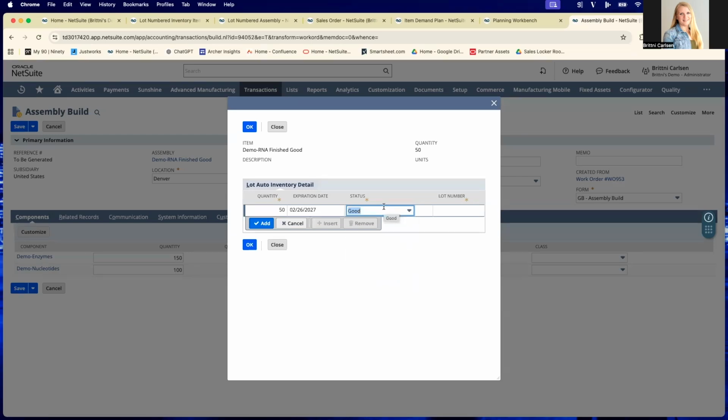So again, if you have an inspection or something that needs to happen to the item after it is built, but before it is ready to be used, either in other assembly builds or on item fulfillments, you could set that status here when you're doing the assembly build to a status other than good in order to have it in that inspection status or whatever you need it to be until you've had a chance to perform that step. And then you'd be able to do an inventory status change to change it to good when you're ready for it to be available for use. I'm going to set this as